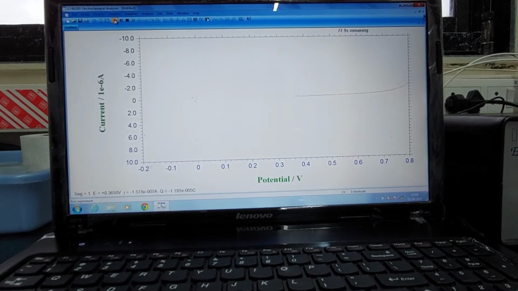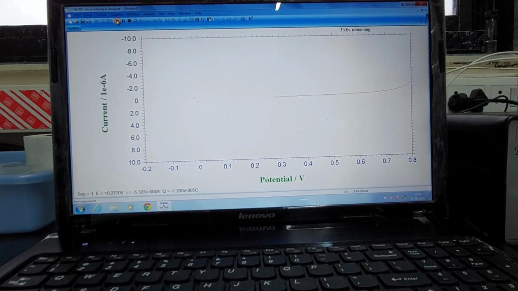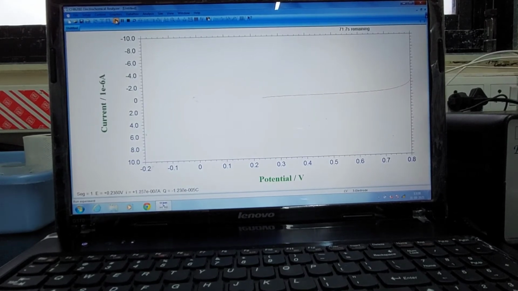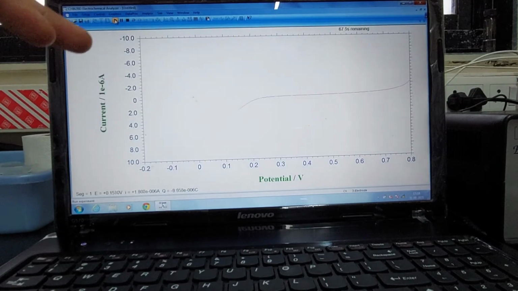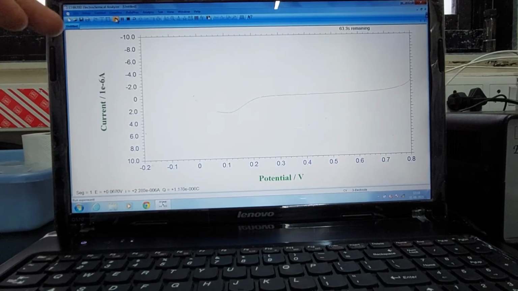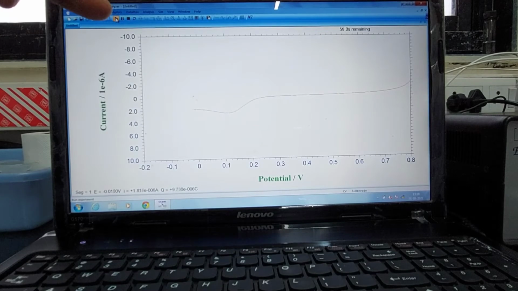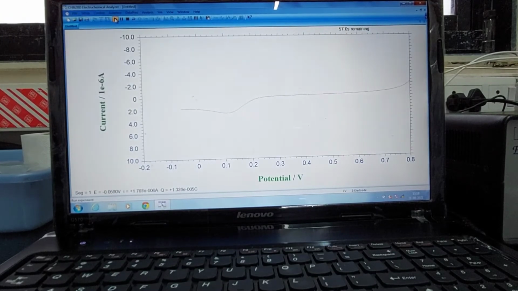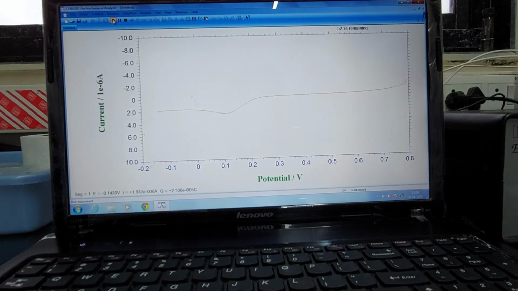Unless and until you overlay them, you won't get that feel of what happens as a function of concentration. Now scan speed has been optimized. Now you won't see much of a difference in the peak profile, except for the depths and the heights of this voltammogram.